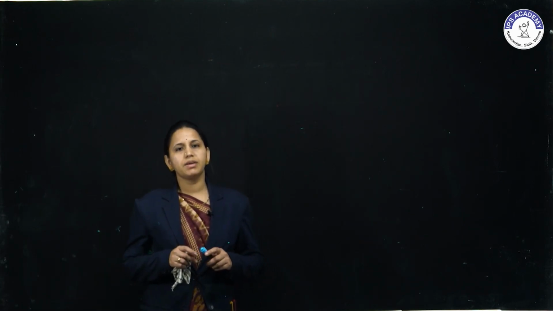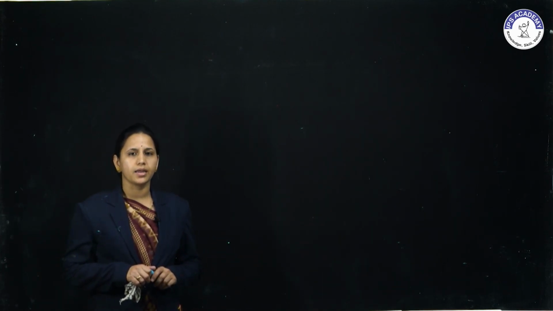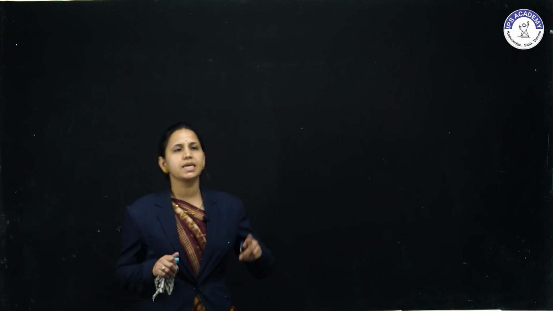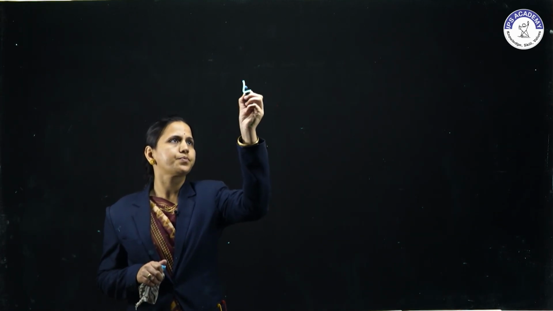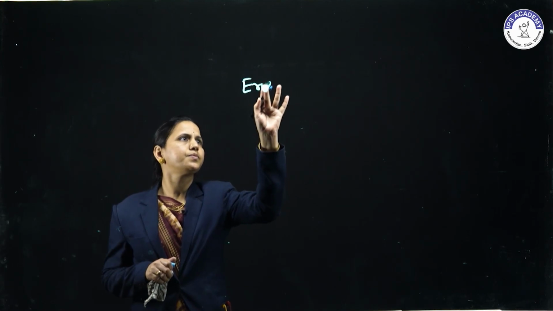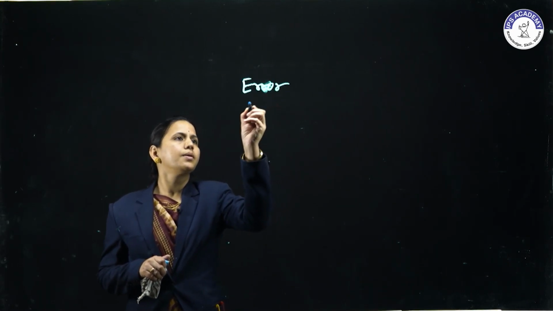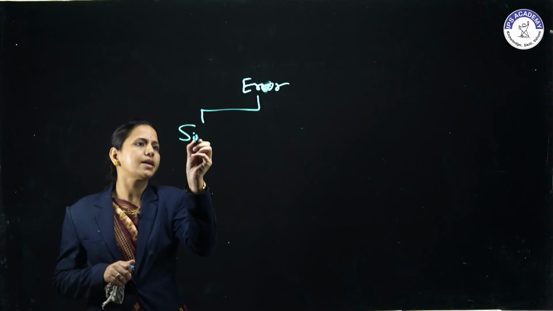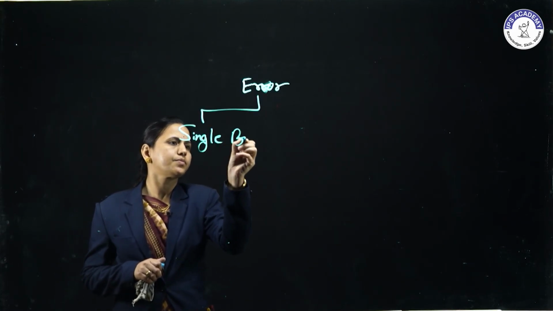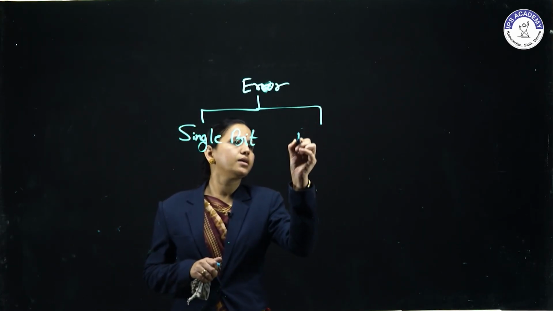If the receiver receives some error, there are basically 4 types of error detection techniques. Before discussing the error detection techniques, we need to know about the error. Corruption of a bit from 1 to 0 or from 0 to 1 is called an error. Basically there are 2 types of error: single bit error and burst error.